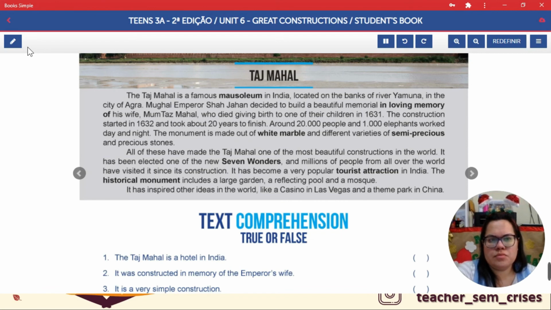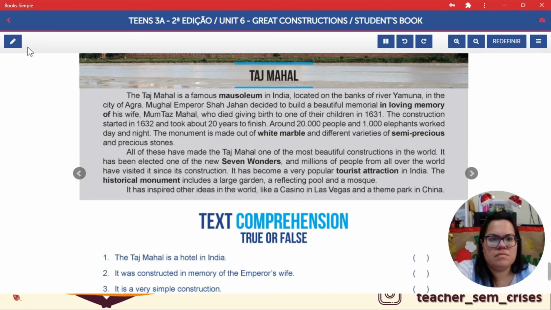The construction started in 1632 and took about 20 years to finish. Around 20,000 people and 1,000 elephants worked day and night. The monument is made out of white marble and different varieties of semi-precious and precious stones. All of these have made the Taj Mahal one of the most beautiful constructions in the world. It has been elected one of the new seven wonders, and millions of people from all over the world have